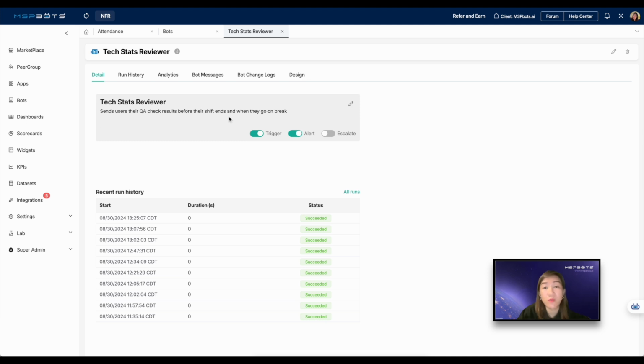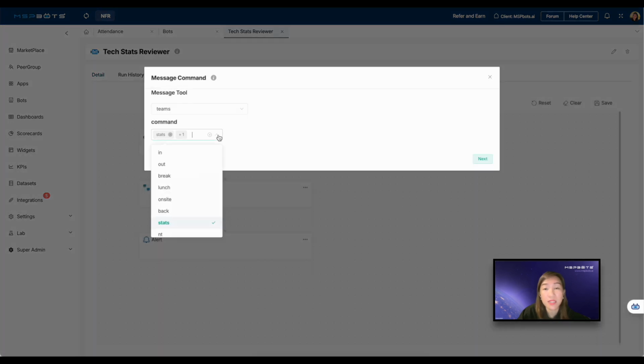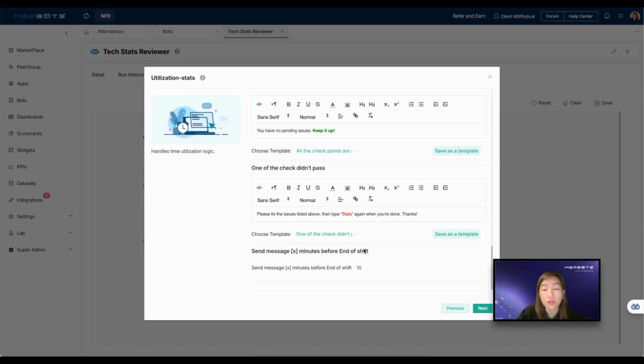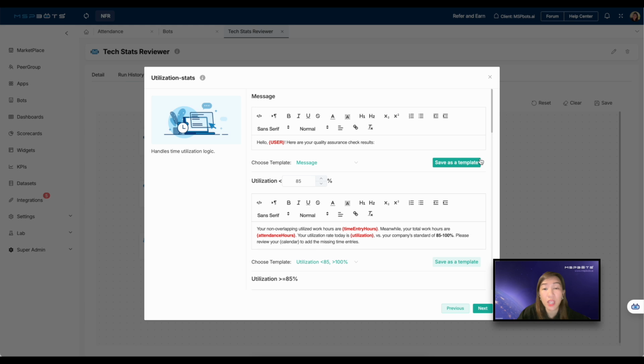The Text Stat Reviewer bot is triggered by the following events: when users change their status to either break, lunch, or out, when users type the commands stats and QA, and when it's 10 minutes before the end of the user's shift. You can configure the notifications in the Utilization Stats block, where you can find the fields for